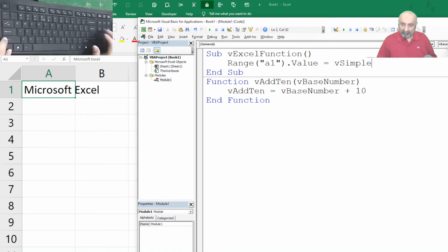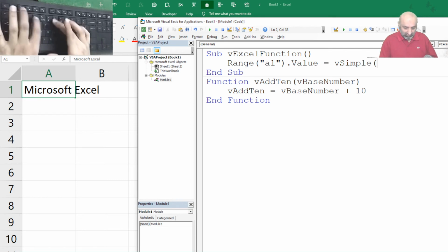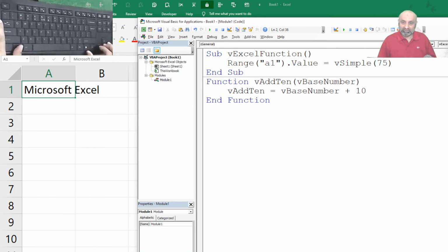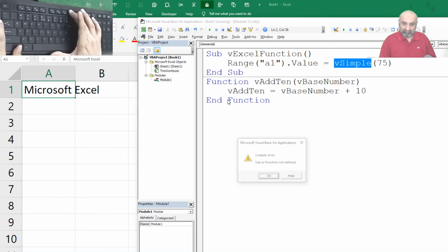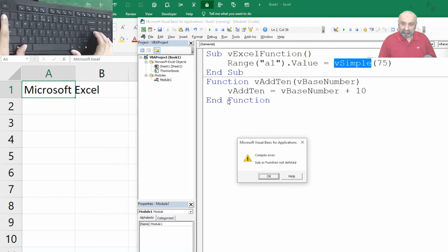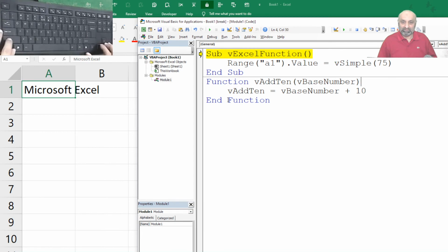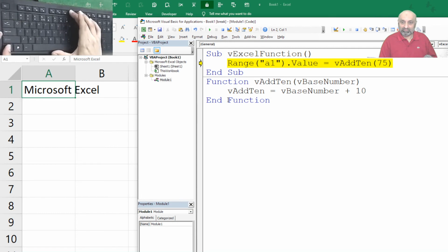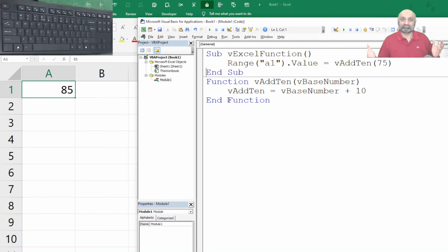So from here, within our macro, whenever we need to call the function, we need to send some value. Let's say 75, and let's execute our macro now. Sum or Function not defined? Oh yes, it should be Add10 now. Control C and Control V. So let's run it now. 75 goes here, and we have 85.